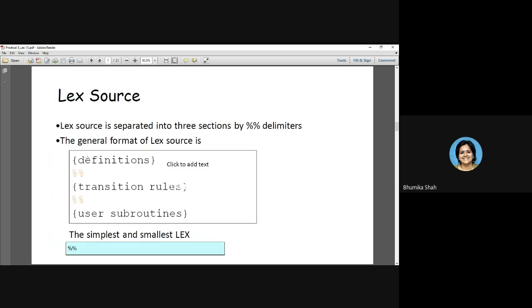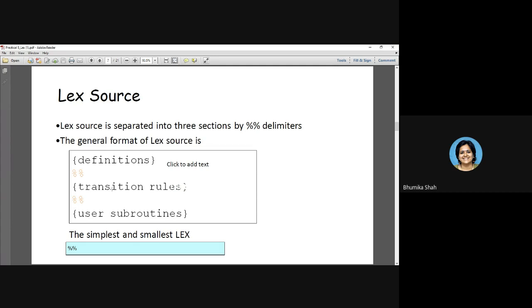So let us understand how a lex program should be written. This is the structure of a lex program. If you observe this structure, the entire lex program is subdivided into 3 parts. The first part is called the declaration part or definition section. The second part is called the rule action section or transition rules. The third part is called the user subroutine function part.